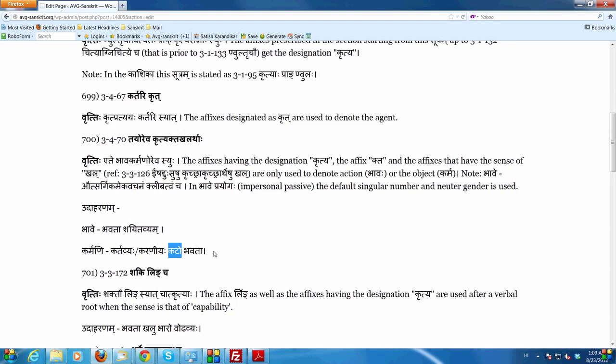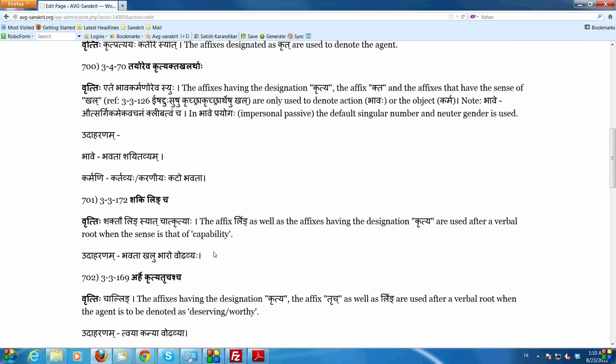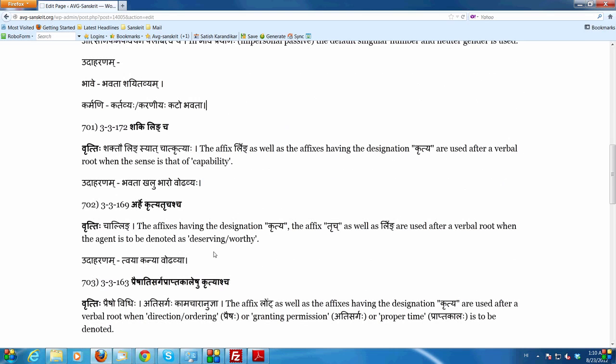So now we have our basic idea of how to use these affixes, these kritya affixes and some others also. But Panini has put some special rules in 3.3 of the Ashtadhyayi, which we referred to briefly earlier, what we call the lakarartha prakriya,